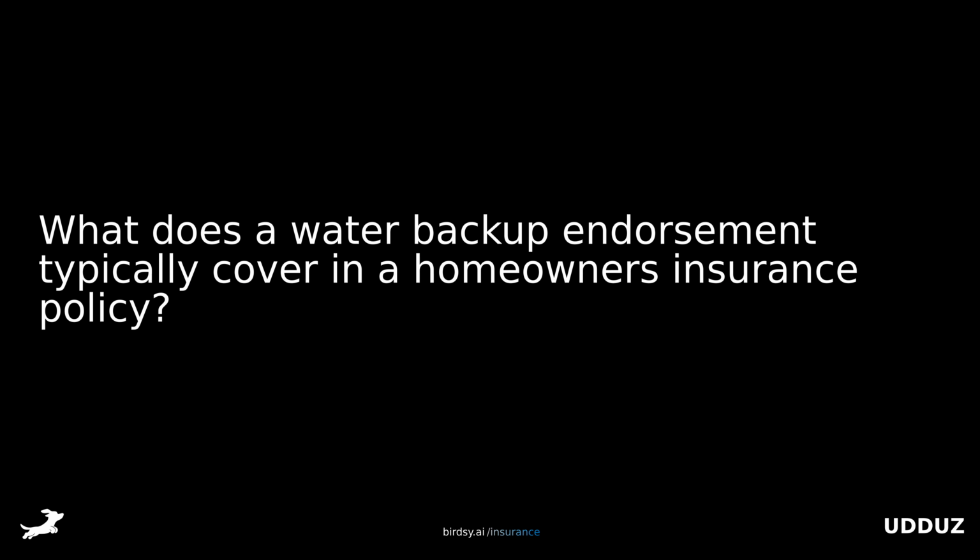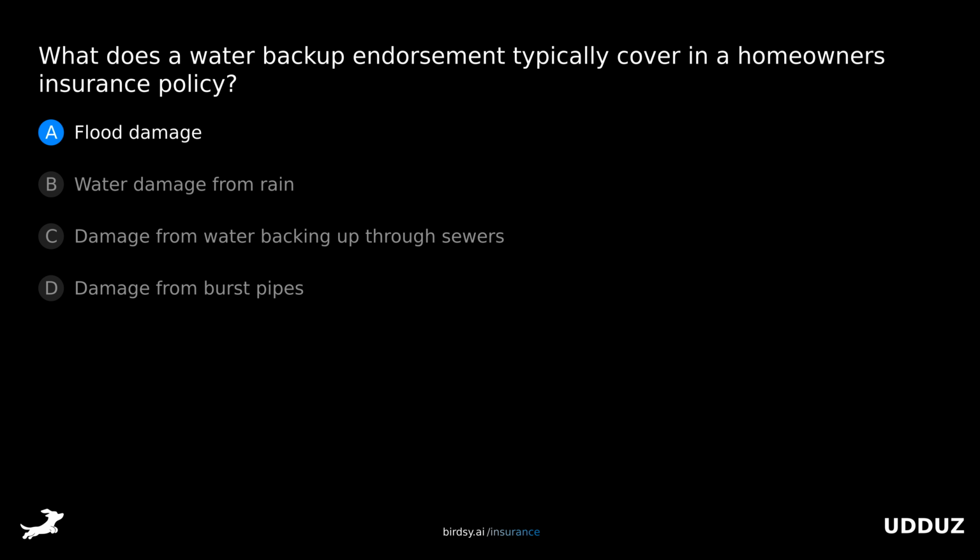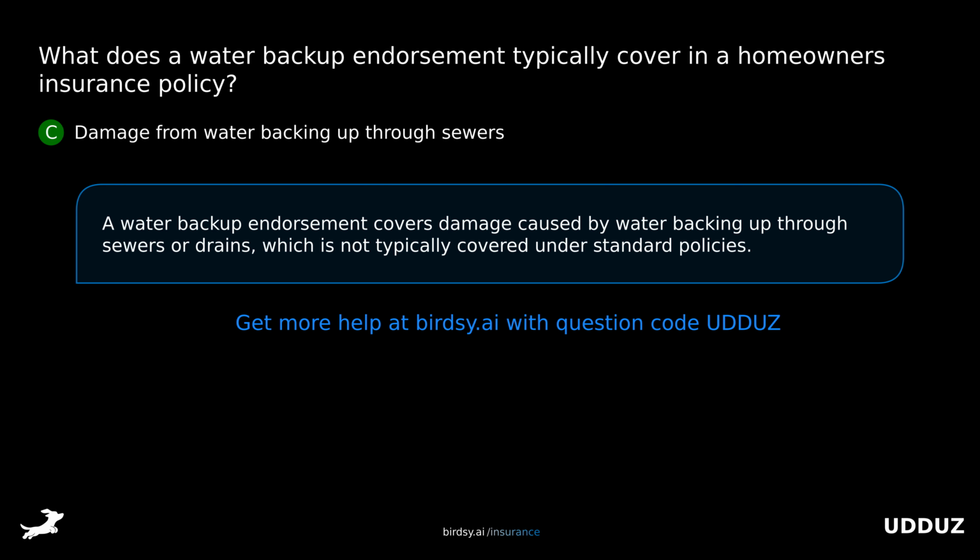What does a water backup endorsement typically cover in a homeowner's insurance policy? Is it A, flood damage, B, water damage from rain, C, damage from water backing up through sewers, or D, damage from burst pipes? The answer is C, damage from water backing up through sewers. A water backup endorsement covers damage caused by water backing up through sewers or drains, which is not typically covered